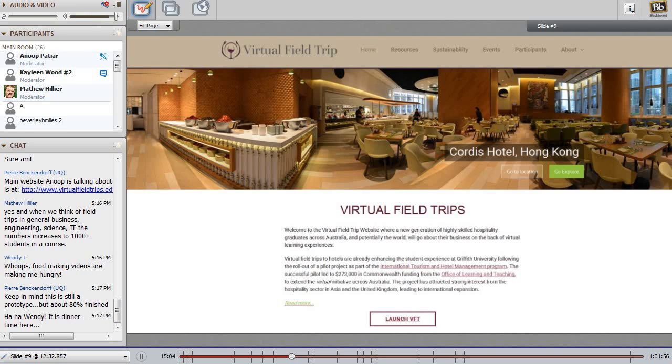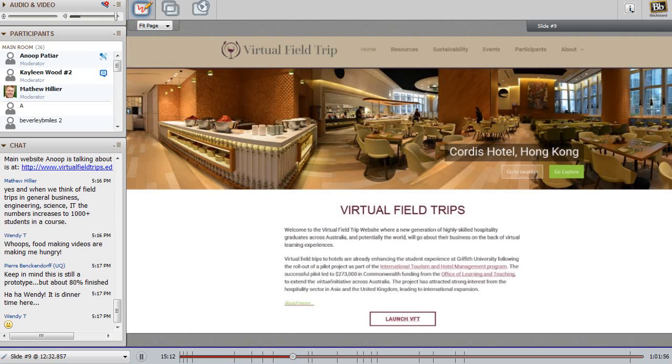And so as we develop the virtual field trip further, we will build more and more resources, and eventually we will have two sections on resources. One will be restricted resources for instructors only, where a lot of guides and solutions will be available for the instructors, and then there will be other resources for the students to use, and students can access all the information at their leisure.